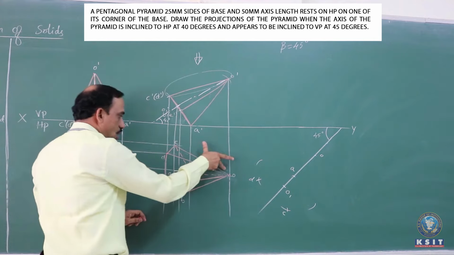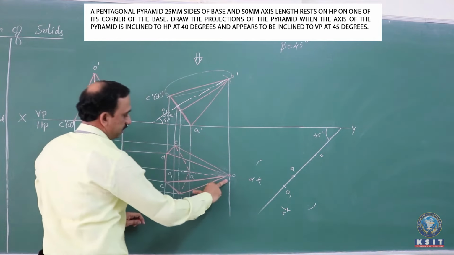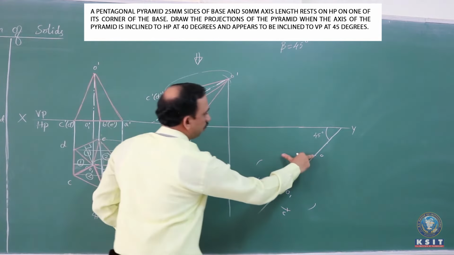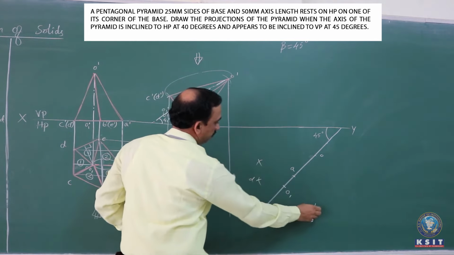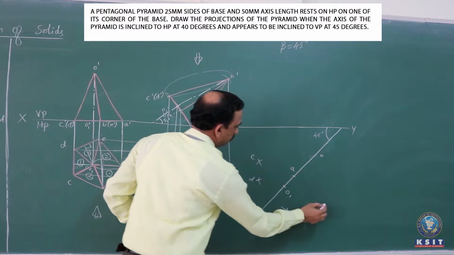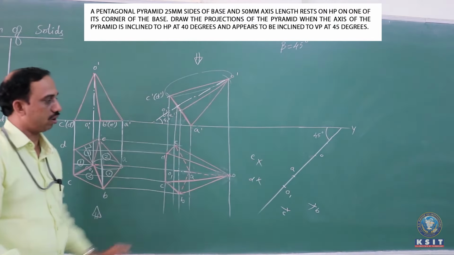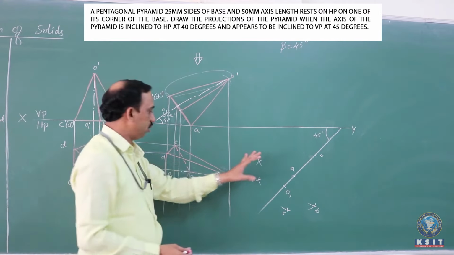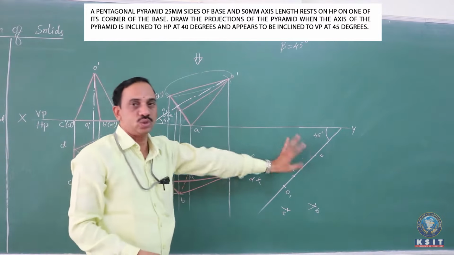So after doing that, now measure O to E. It's the same distance of O to B. With O itself as center, cut these arcs. When you cut these arcs, this becomes E, this becomes B. We got all the 5 corners also. So based on this, follow the same line conventions to this.